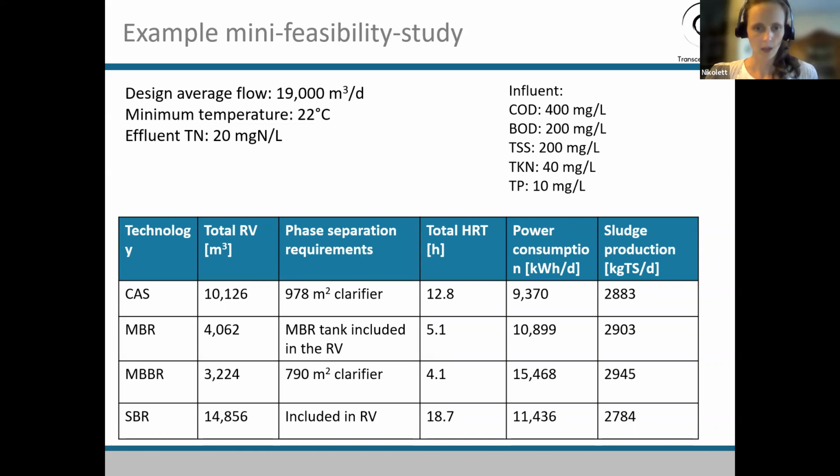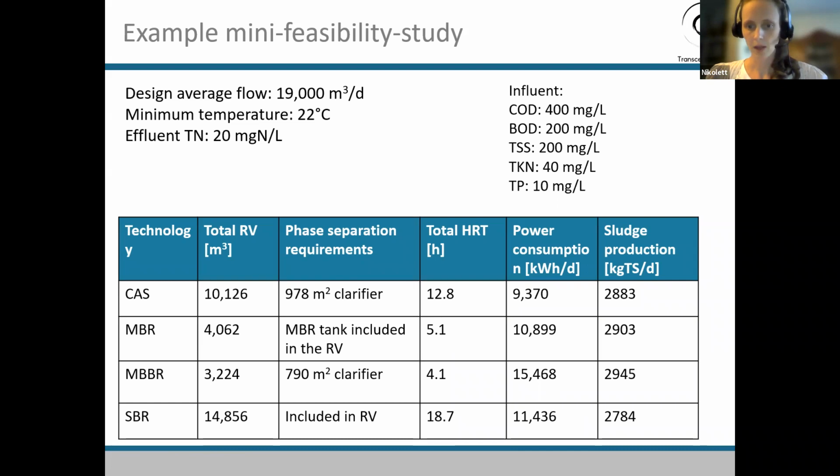Also, I was adding here the total hydraulic retention time, which is also saying that the MBBR and the MBR are the lowest here. I have added the column for the power consumption from the OPEX table, and it was quite easy to take these numbers. We can see that they are quite in line, except the MBBR, because for the MBBR, we apply coarse bubble diffusers, which is quite much increasing the air requirements, so the blowers, and that's why the power consumption is